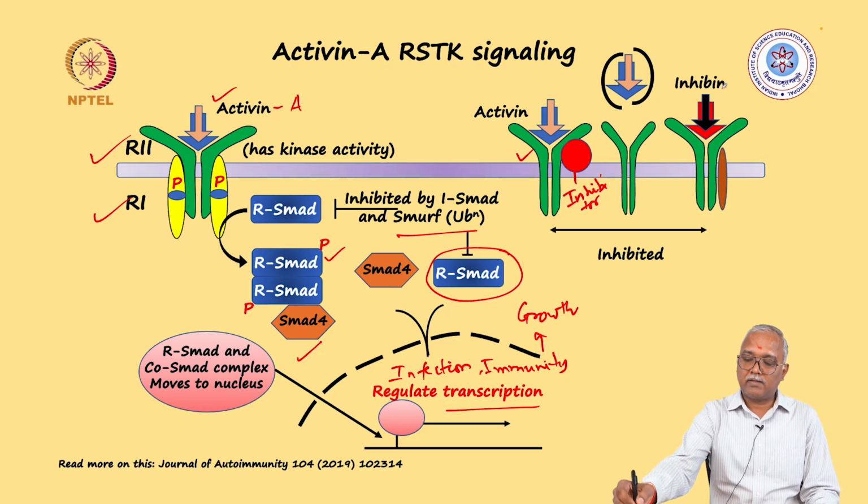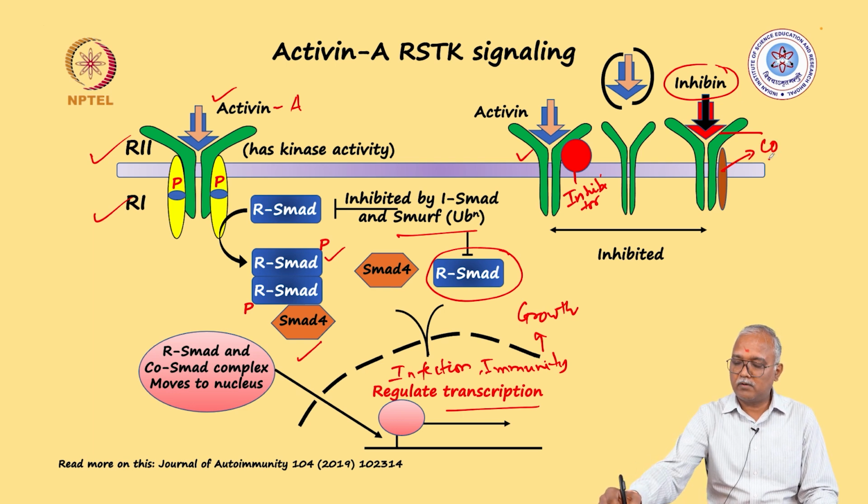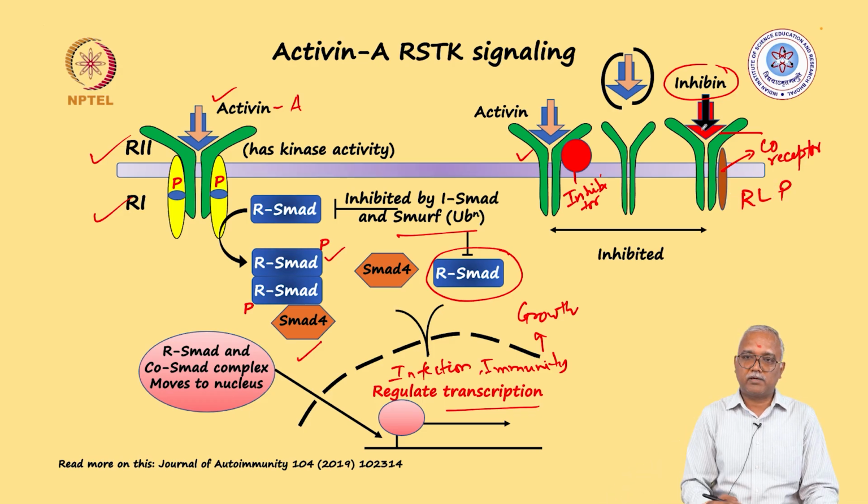Also, inhibin, the other molecule which I told you, which holds very strong similarity with the activin, is the ligand for the receptor. It will bind to the receptor and bring another molecule like a co-receptor together to ensure that the receptor is not available for activin to bind. This seems very similar to a situation where RLP like proteins were binding to the receptor. However, in that case RLPs were not inhibiting the signaling. Here this molecule seems to be inhibiting the signaling by virtue of the presence of this inhibin like molecule.